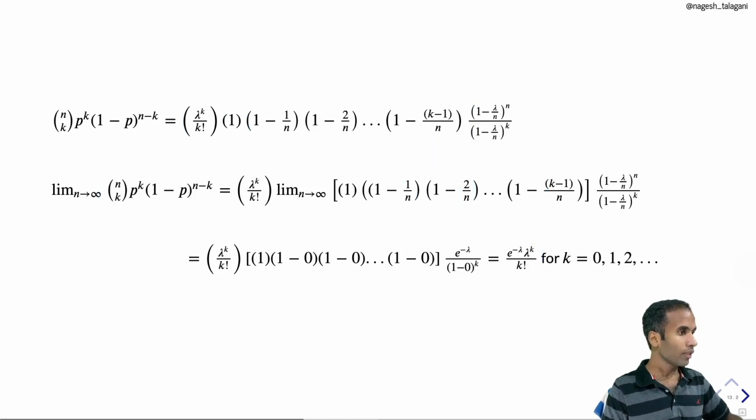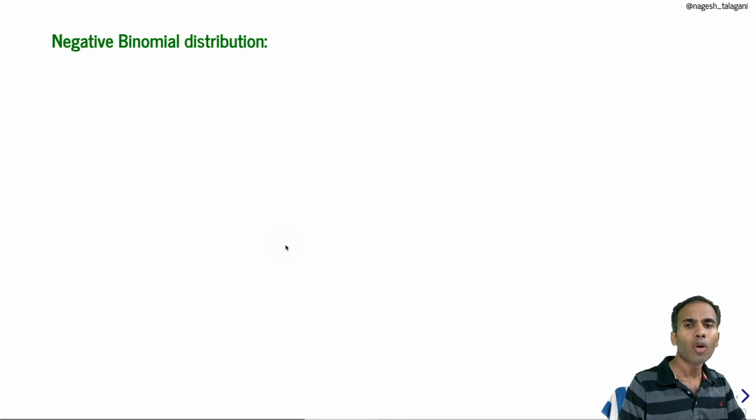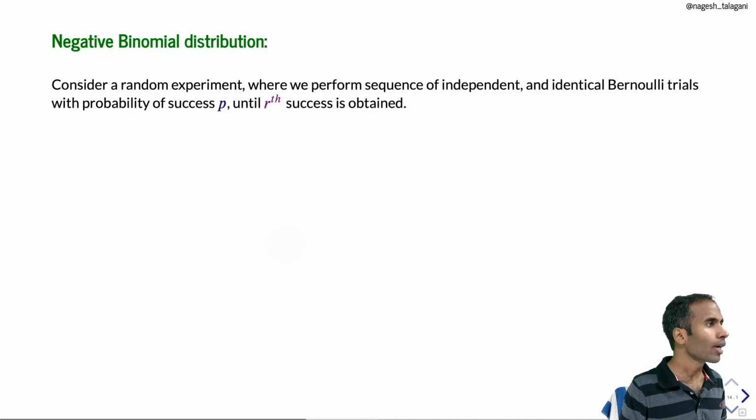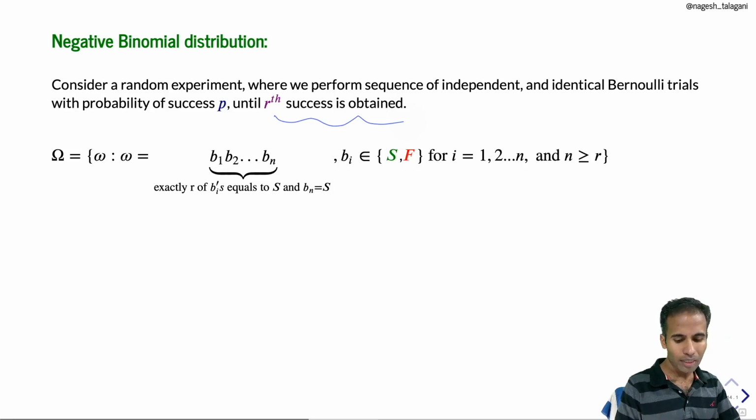Let me clear this. Now we are going to look at another discrete distribution called negative binomial distribution. Consider a random experiment where we perform a sequence of independent identical Bernoulli trials with probability of success p until the rth success is obtained. Here the sample space omega consists of outcomes which are sequences of successes and failures like this,